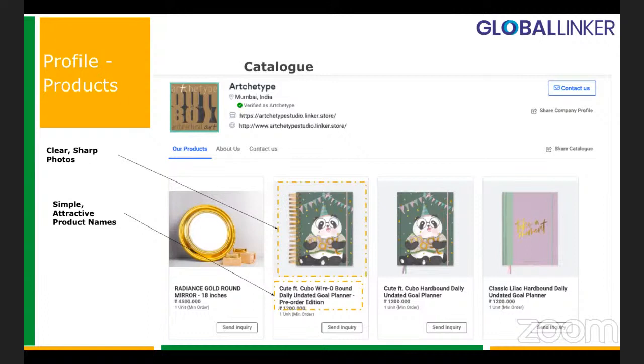Below that, yes, is the name of the product, the pricing, all of that. Make sure it is simple. It is very clear to the reader. He doesn't have to look at it twice and he doesn't have to look somewhere else for that information again. So make sure your product names are also very clear. We really like the way these product names are mentioned by this particular organization who sells journals and also lifestyle products.